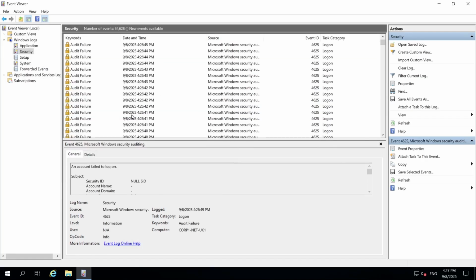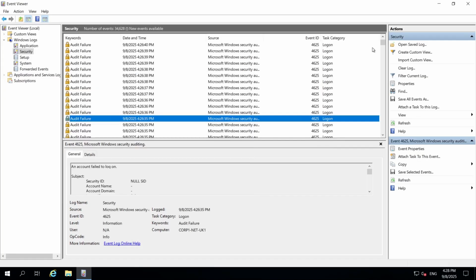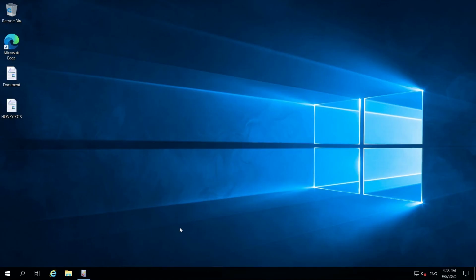Okay, so we can search, and let's say another one. For example, this is shown. Let's see if we can find these using Microsoft Sentinel log analysis. So we go back to